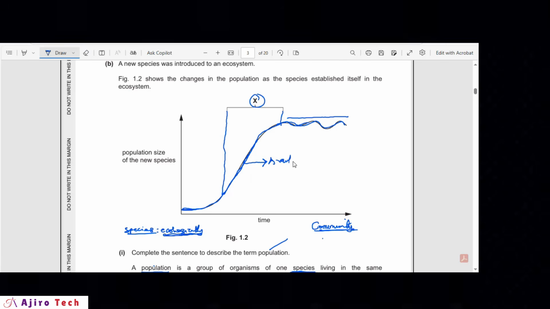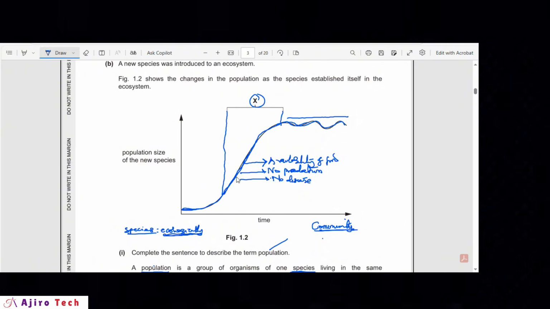When there's availability of food, when there are no predators, or low rate of predation, no natural disaster, no bad climate, no disease, this can make the population of a species increase. So in terms of description,